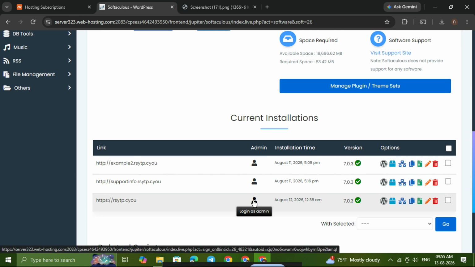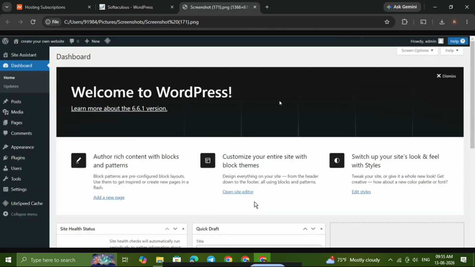This is the button that will take you directly into the WordPress dashboard. WordPress will open the dashboard immediately, and you will not need to manually enter your username or password. That's one of the biggest advantages of using this method because it saves time and makes it much easier to manage your site. From here, you can update posts, install plugins, change themes, manage pages, and control everything on your